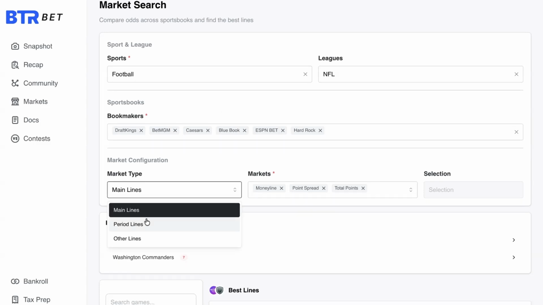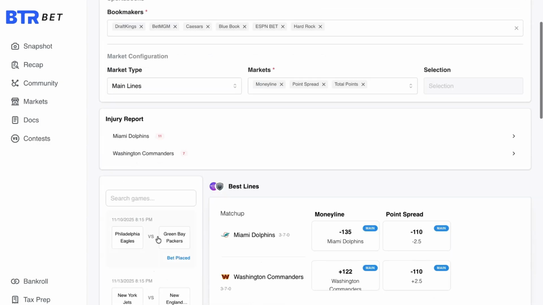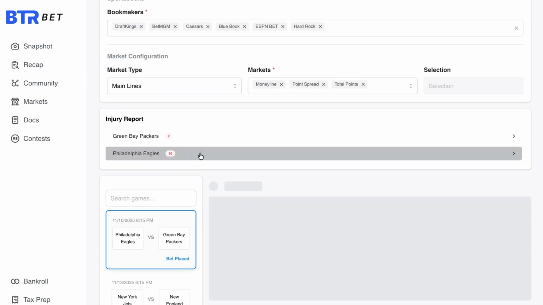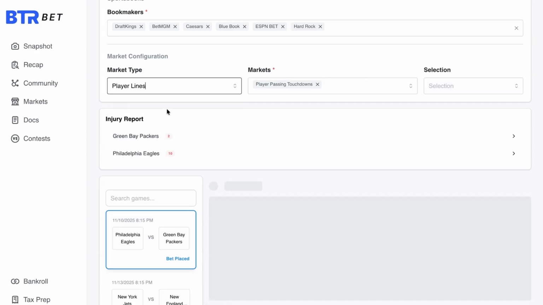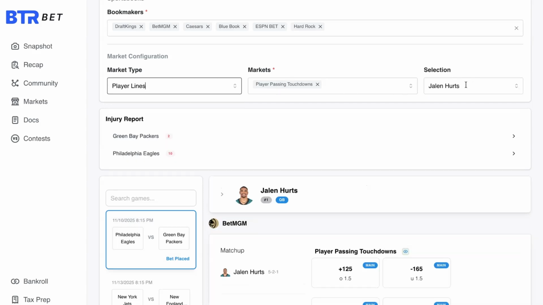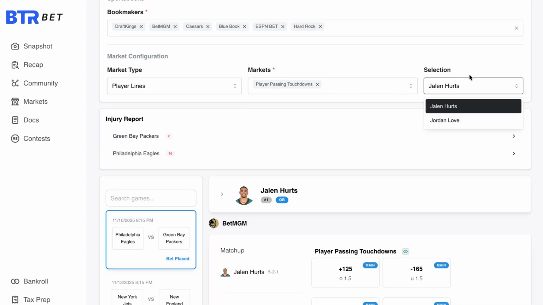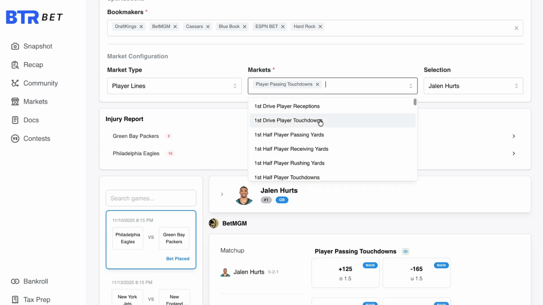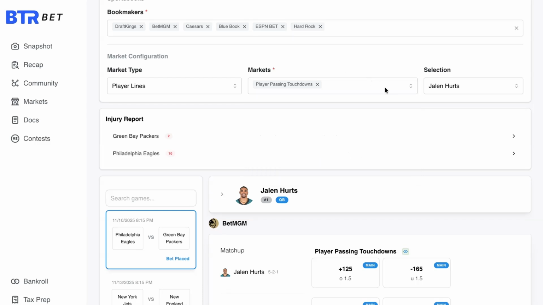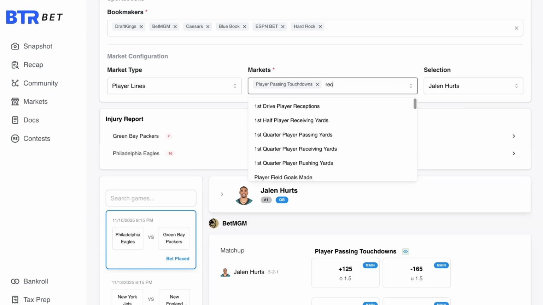When you are selecting player lines for a particular event, you also then need to select the player. And that list of players that you can select from is determined by the markets that you have selected here. So it makes sense that there are probably only markets for the two starting quarterbacks when I'm looking for player passing touchdown lines. But if I add something like,